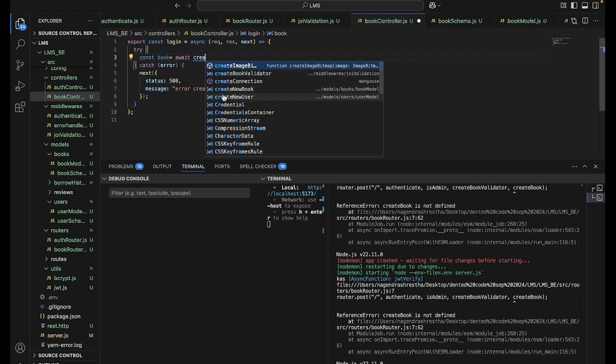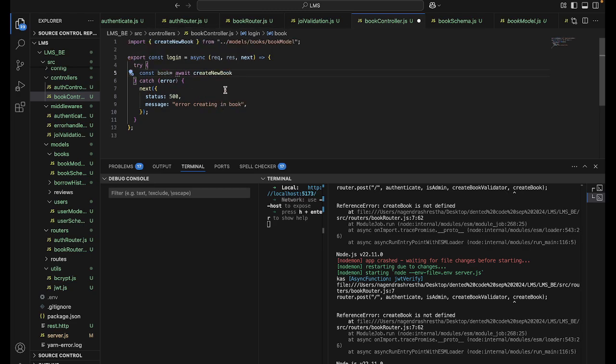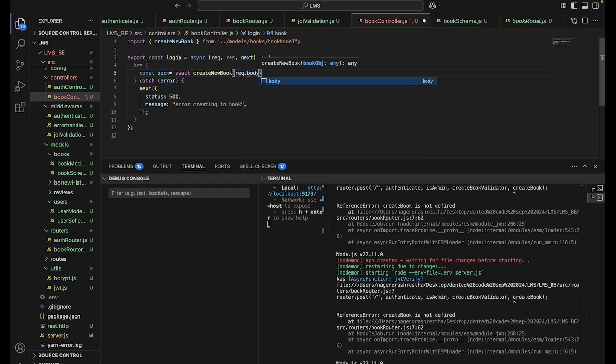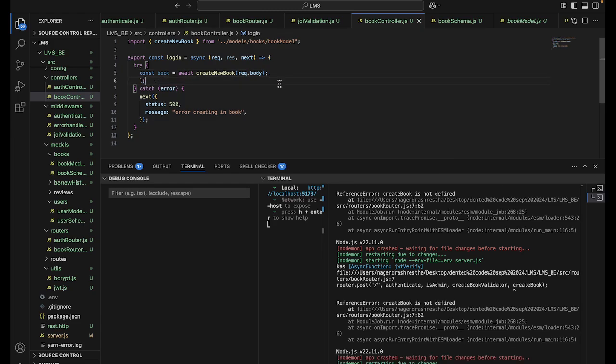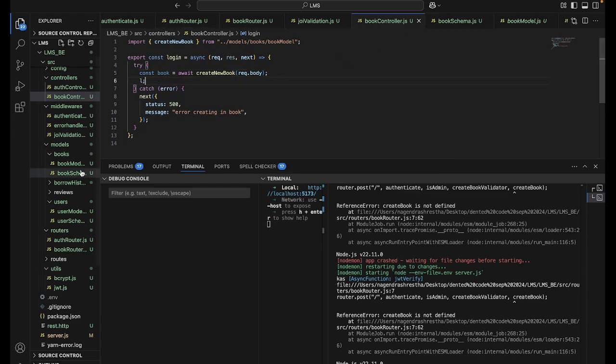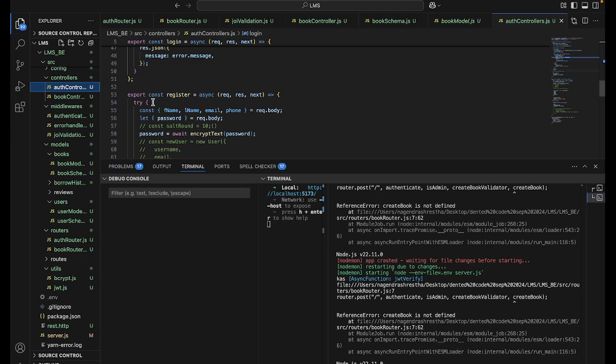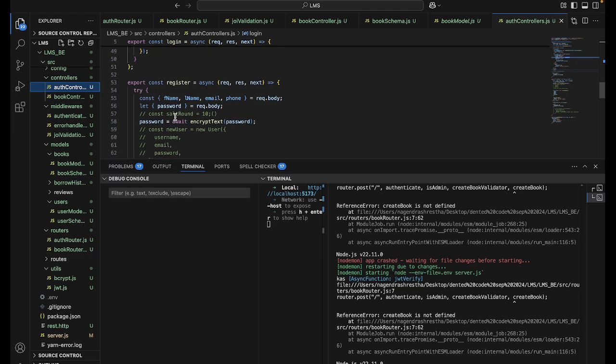Now if I have, let's say, a book, when we create a book, what can happen is this will return the new book as it is created. So once that is done, when we get the data, what we receive is